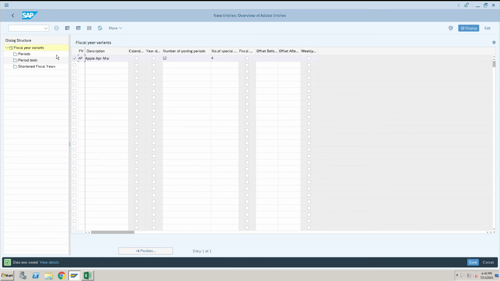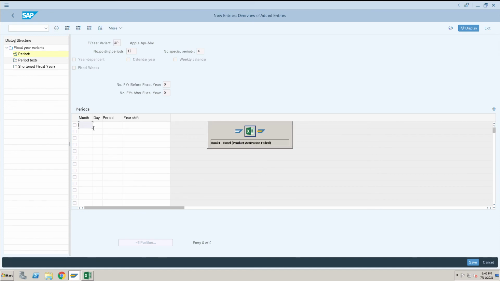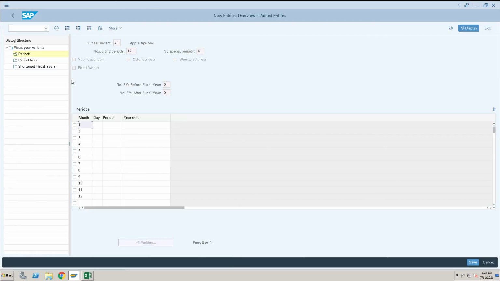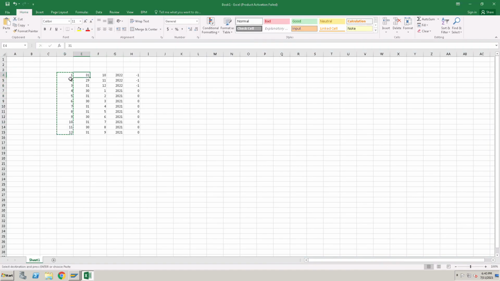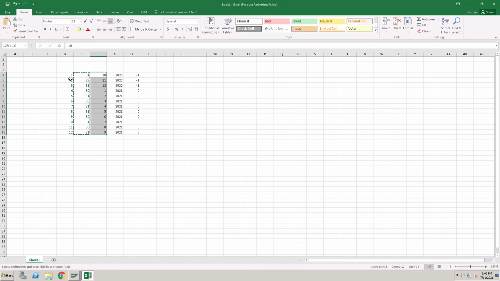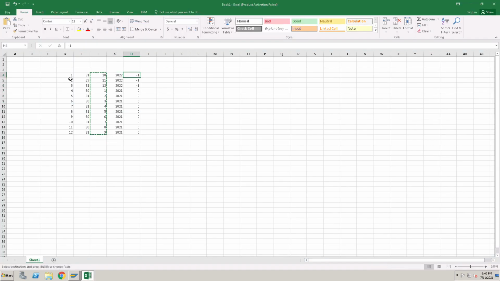Then select this one, double click on the periods, then again click on new entries. You can directly put whatever we have entered in the Excel, 1 to 12, number of days, number of posting periods, and here year shift is required.